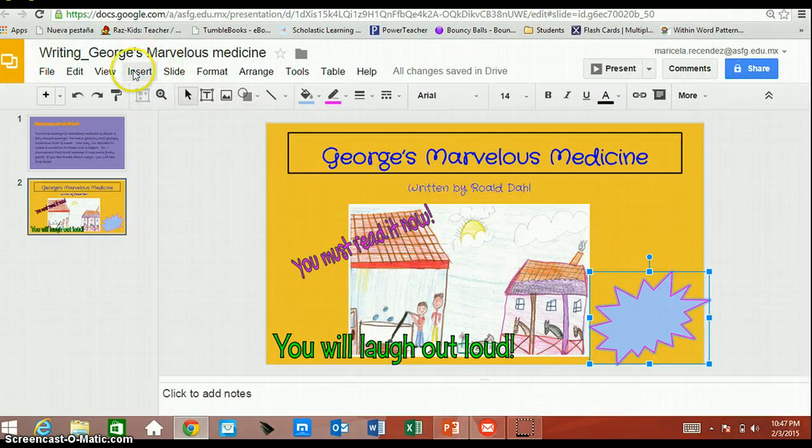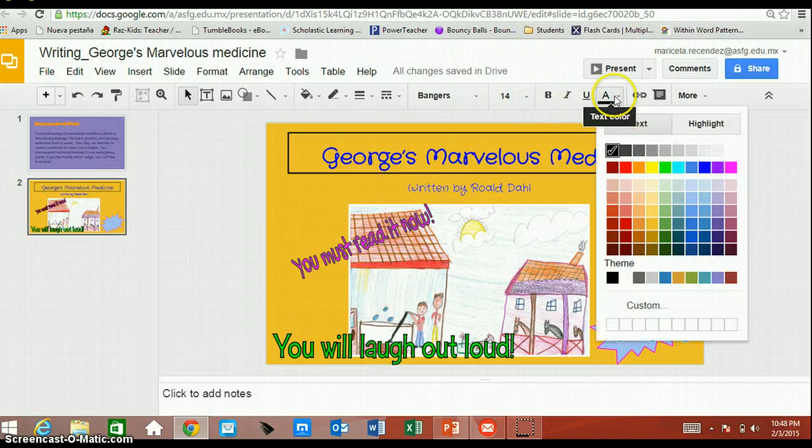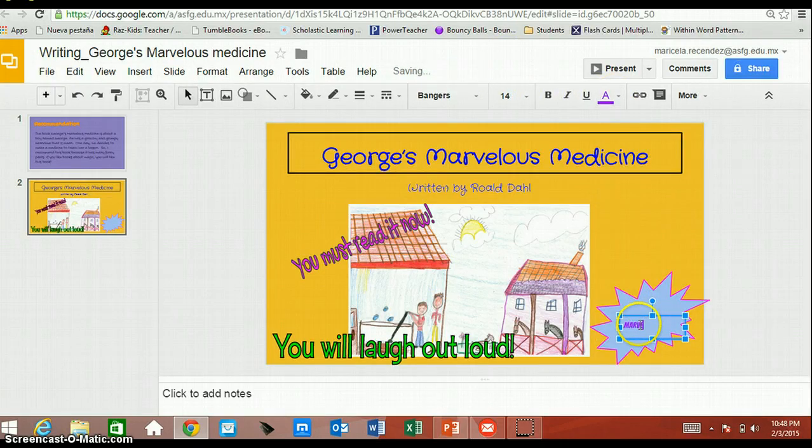Alright, and now that I have my callout, I'm going to add my text box. So I'm going to go up here to where it says Insert Text Box. See the little cross? I'm going to insert my text box like this, right click. I'm going to change my font, and change my color, and write my adjective, marvelous. But I don't like the size, so I'm going to make it just a little bit bigger. And then I'm going to go to the little circle, and turn it. And now I am